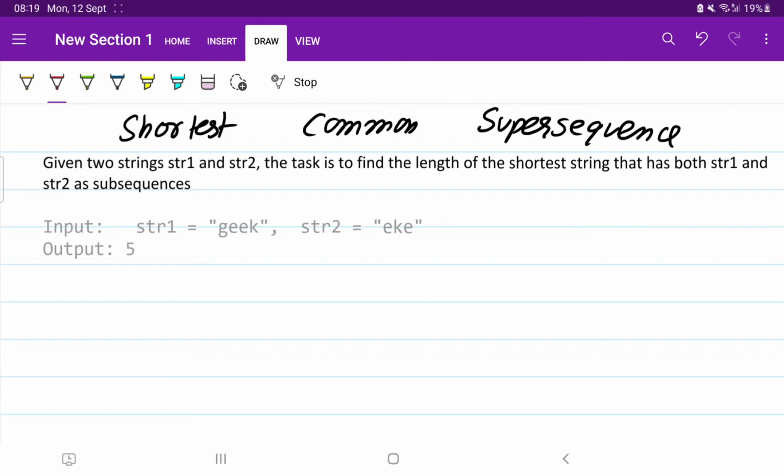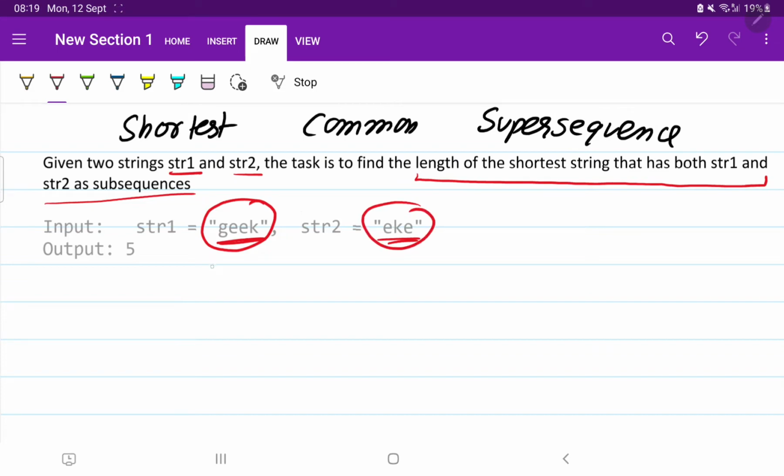So in this question, as you can see, two strings will be given, and our task is to find the length of the shortest string that has both string 1 and string 2. Okay, so like this two strings will be given to us and we need to find the shortest string that has both string 1 and string 2. It means all the elements of string 1 should be there and all the elements of string 2 should be there. So you can say that we can make a string which is like this: